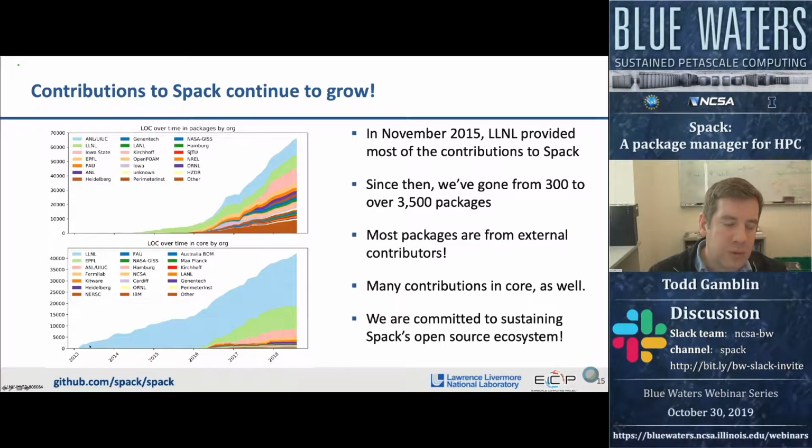As far as the core tool goes, the actual package manager itself, we still do most of the development there. I think we're slightly over half. But we've had a lot of help from other organizations like EPFL, Argonne, UIUC, Fermilab, and, like I said, Kitware. There are lots of people contributing to the core as well. So if there's something that you want in Spack, do not be afraid to get involved and try to contribute the features that you want or the